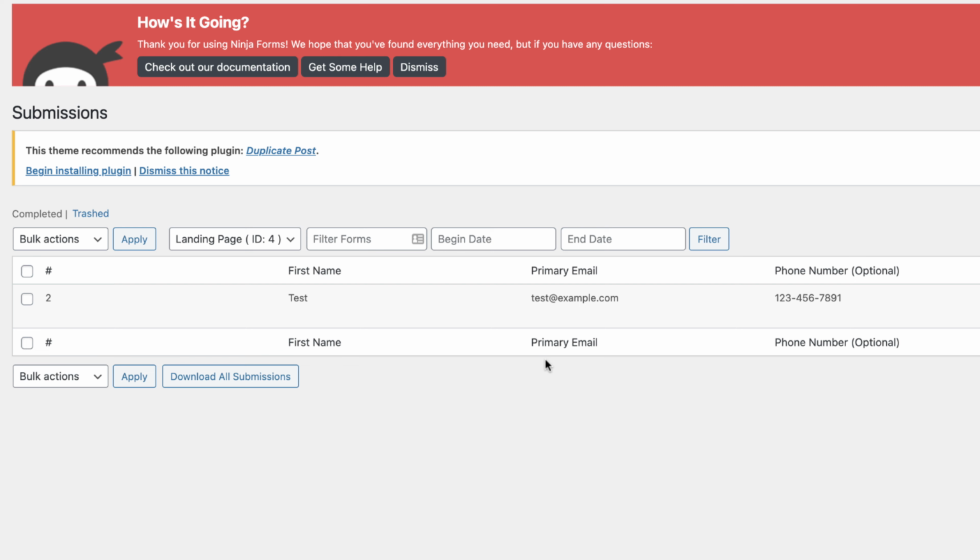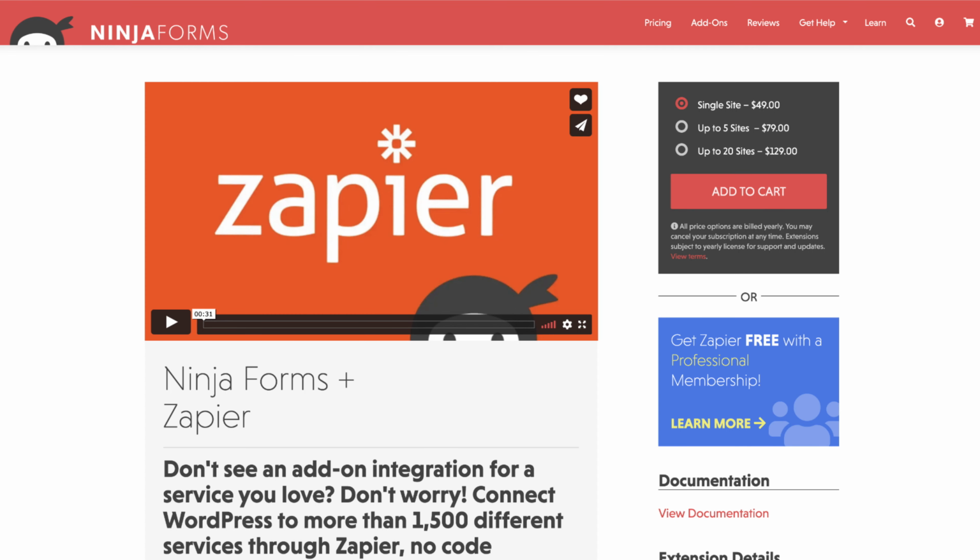However, if that's all you have happening, it's going to be a ton of manual work for you to keep track of who submitted their stuff, who's on your list and who you can actually contact. A much, much easier way to do this, that I don't know why you wouldn't do it this way, is to download and install this add-on to Ninja Forms, which costs $49 a year for a single site, or $79 a year for up to 5 sites. And it's kind of a bummer that you have to pay for this, but if you do, it unlocks so many possibilities, because then your Ninja Forms plugin can communicate with almost anything else out there through a Zapier integration.